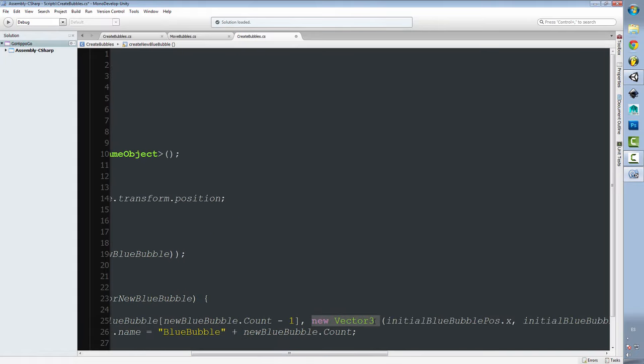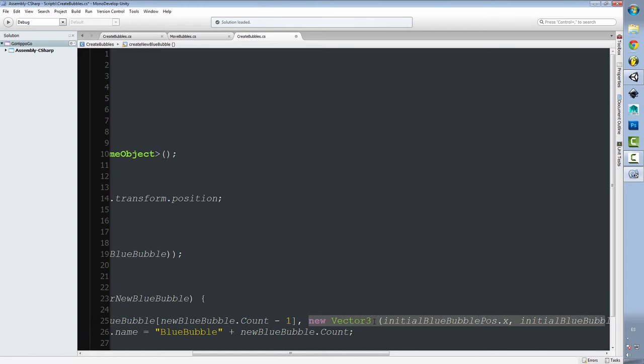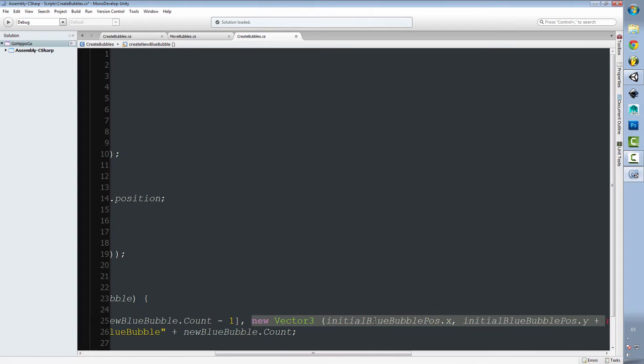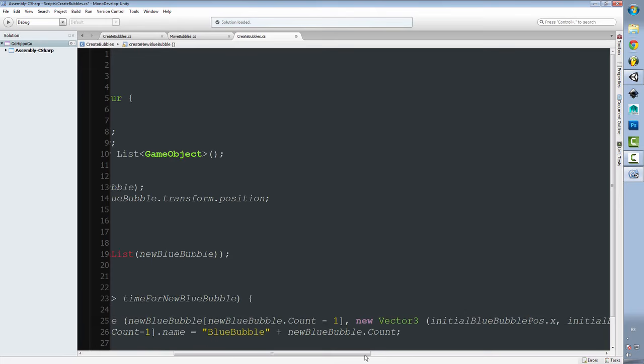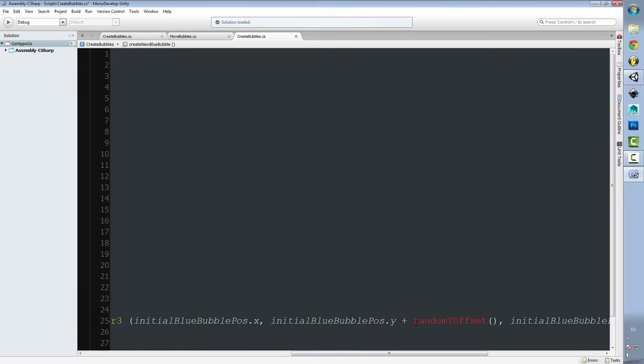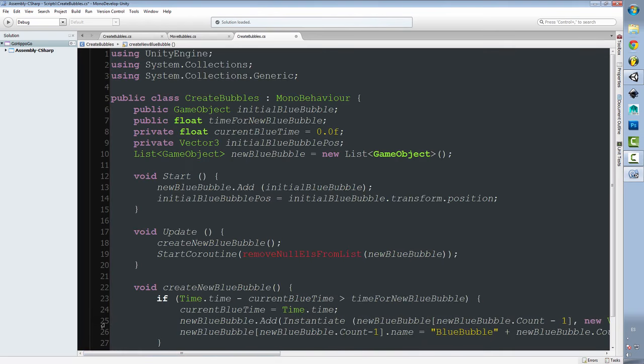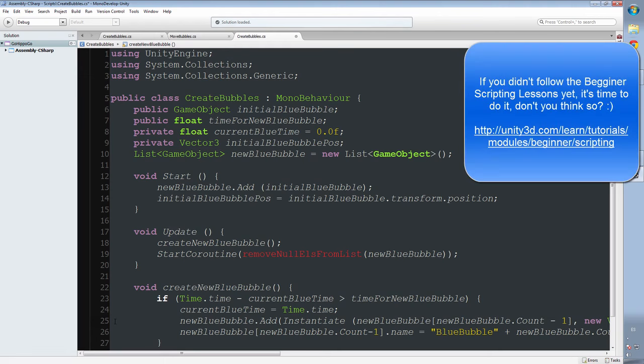Okay, new Vector3 initialBlueBubblePos.x, that is, in the same x position as in our initial blue bubble pos, and then initialBlueBubblePos.y plus a randomness, a RandomBlue. Okay, we didn't create this function yet. Okay, RandomYOffset. We need to create it now. You should really understand this line of code if you follow the beginner scripting tutorials. Okay,